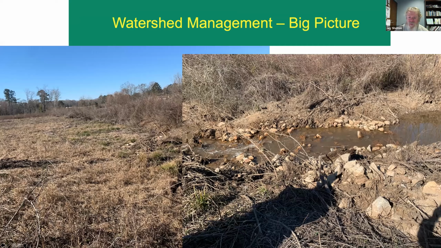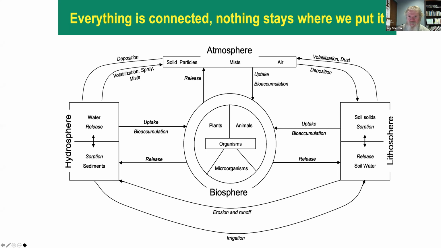as we put all this stuff together, that original thing that I put up there, how everything is connected and nothing stays where we put it, that's just the whole take-home message when it comes to managing our aquatic resources, whether it's a stream, a farm pond, an urban amenity pond, or a neighborhood pond. What happens upstream of you matters to you, and what happens on the area of the stream or the pond that you manage matters downstream.